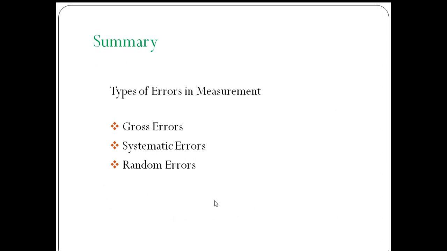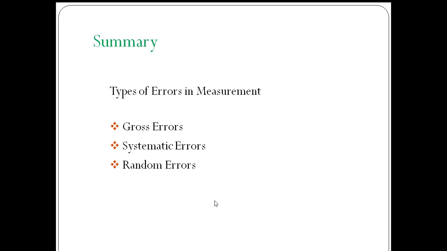So in today's video lesson, we have mainly discussed the error which occurs in the measurement process. We started our discussion with respect to error. Error is nothing but the deviation of the measured value from the true value. So error is equal to measured value minus true value,